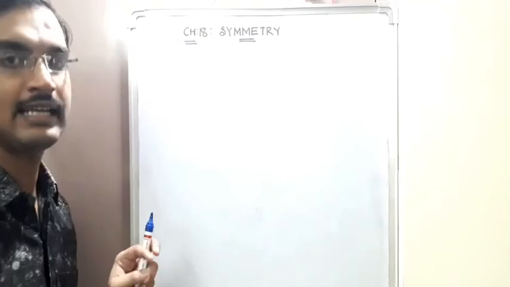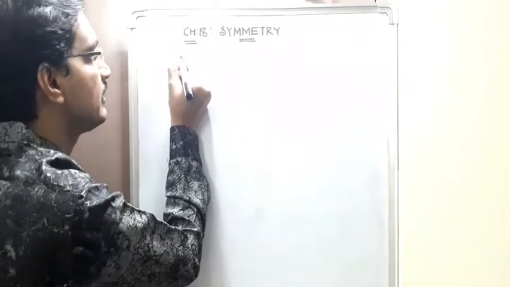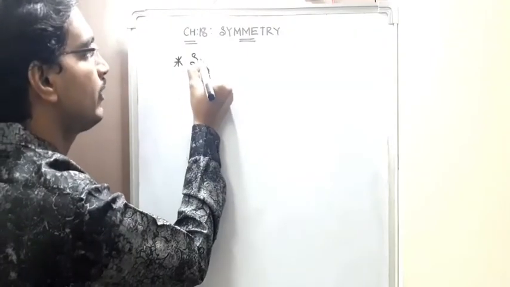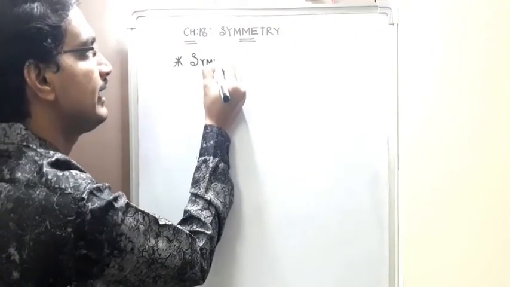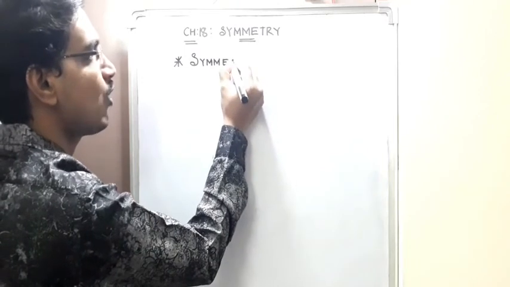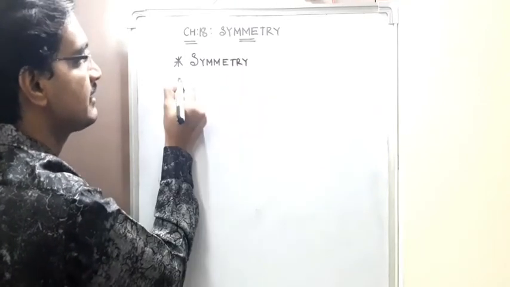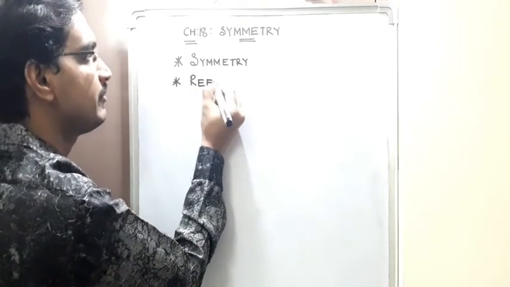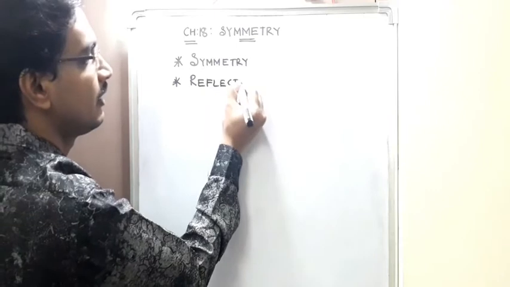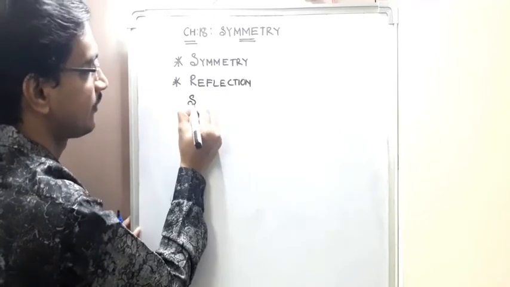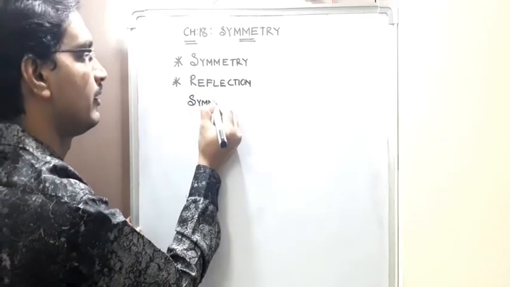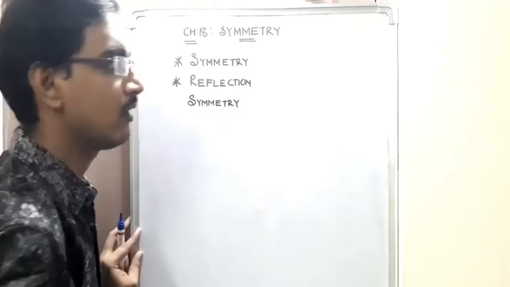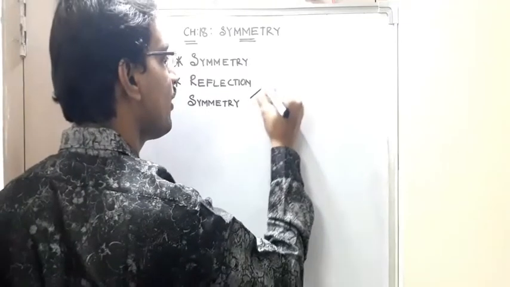So just as a quick recap, I want to discuss what exactly we have learned so far. So far we learned the meaning of symmetry. That means what is symmetry. Next, we observed what exactly is reflection symmetry. Reflection symmetry, the same we call line symmetry also. So reflection symmetry pointing to